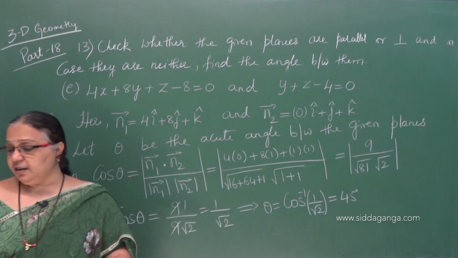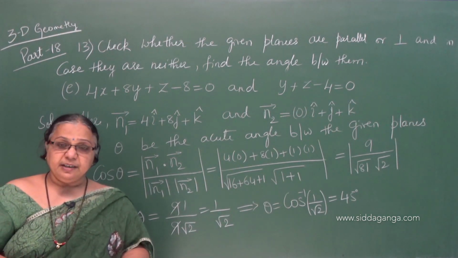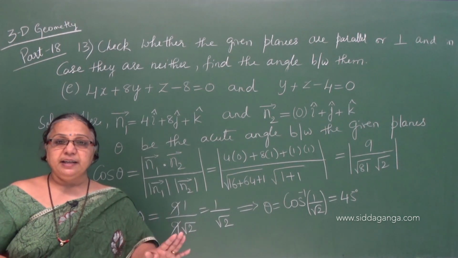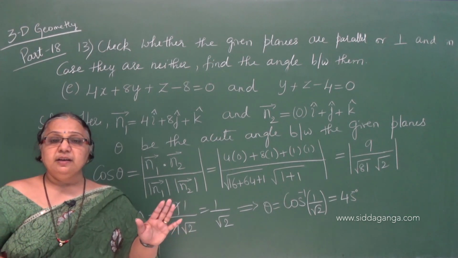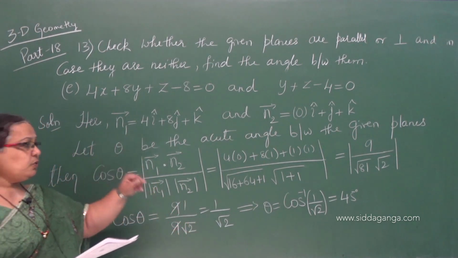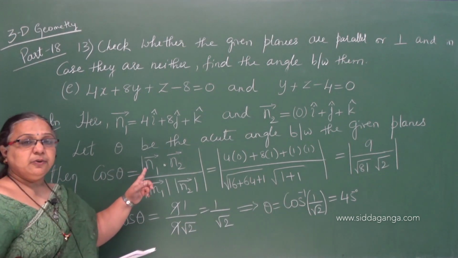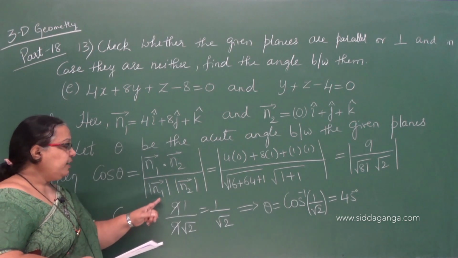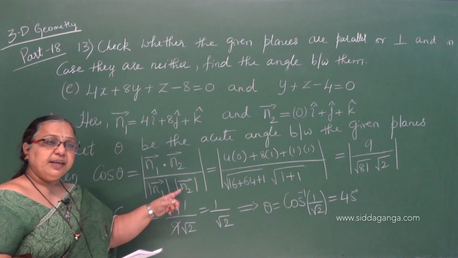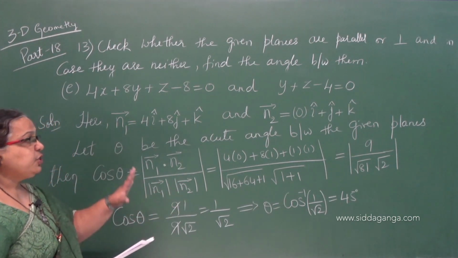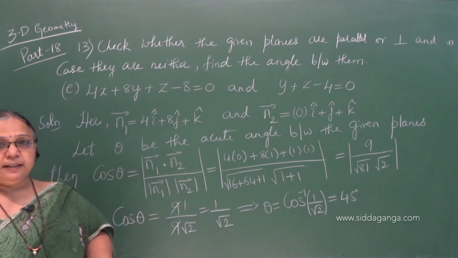So these are the examples to find the angle between the given two planes. In the given planes, we have to consider the normal vectors, and using those two vectors, we use the formula cos theta equal to n1 dot n2 divided by magnitude of n1 into magnitude of n2 vector. So these are the problems that come in this unit.